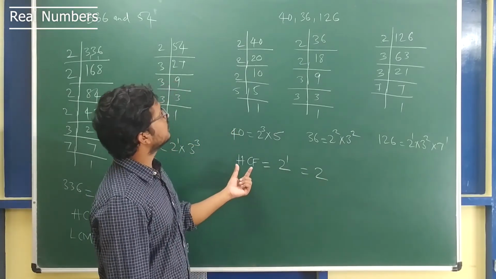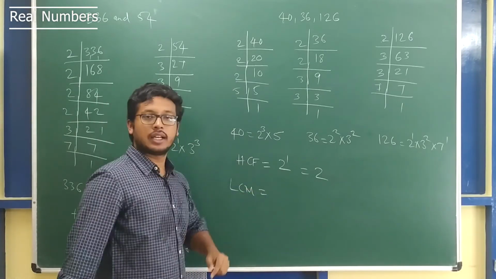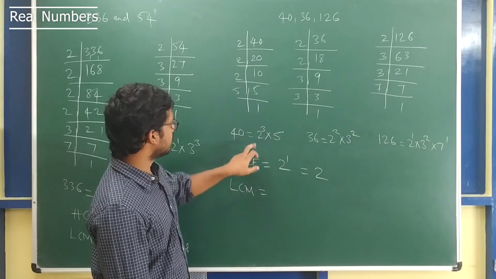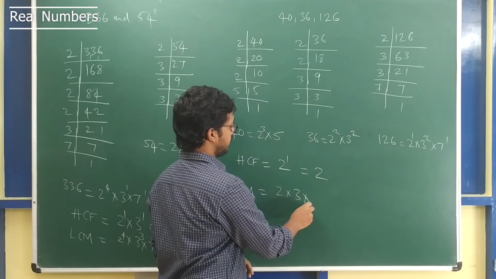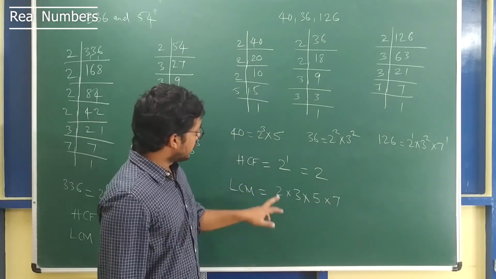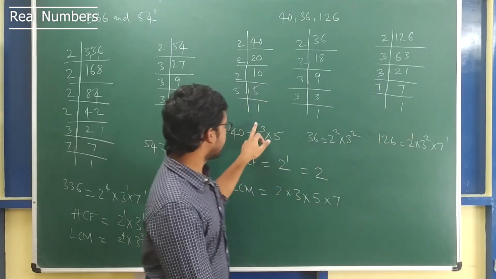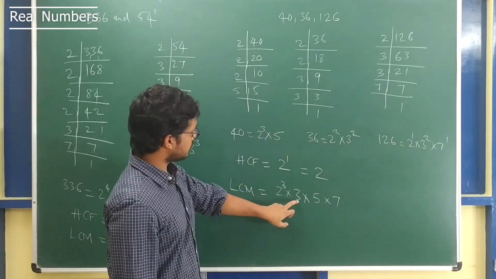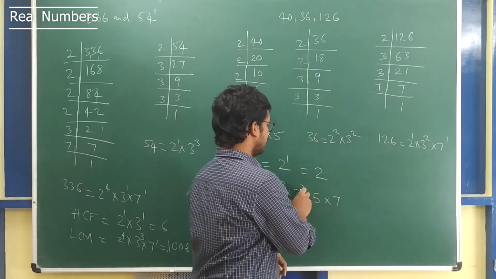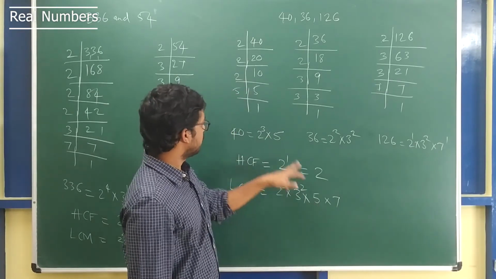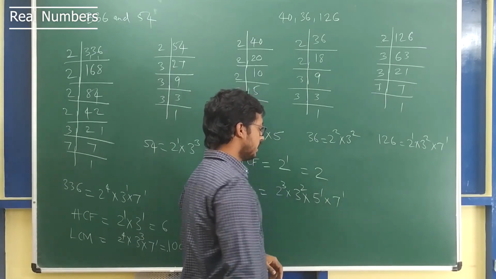Okay, so let's try LCM. In order to write LCM, we write all the prime factors that are present. So we have 2, 5, 3 and 7. So those are the prime factors we have, 2, 3, 5 and 7. And we raise them to the highest power that is present. So here it is 2 power 3, 2 power 2, 2 power 1. So the highest power is 3, so we write 2 power 3. For 3, here it is 2, here also it is 2, so it is 3 square. 5, there is only one 5, which is 5 raised to 1, and this will be 7 raised to 1.